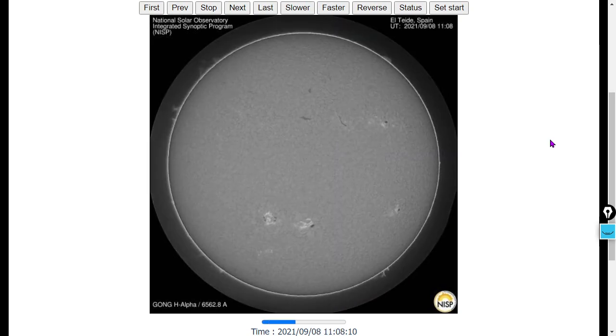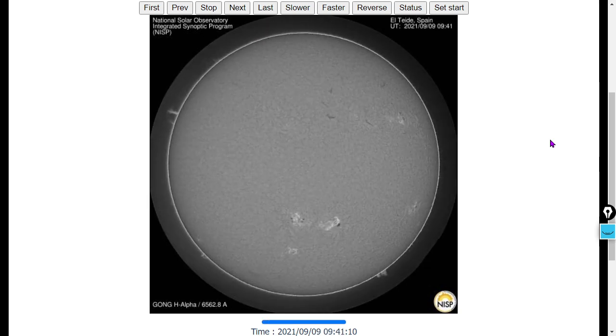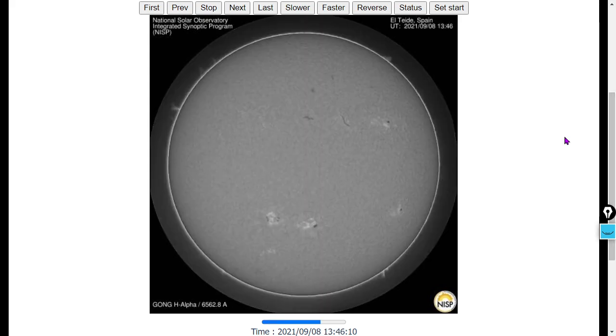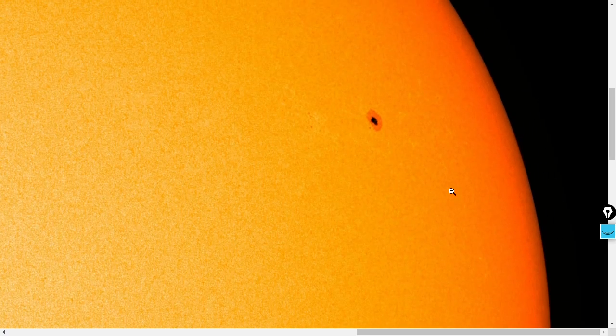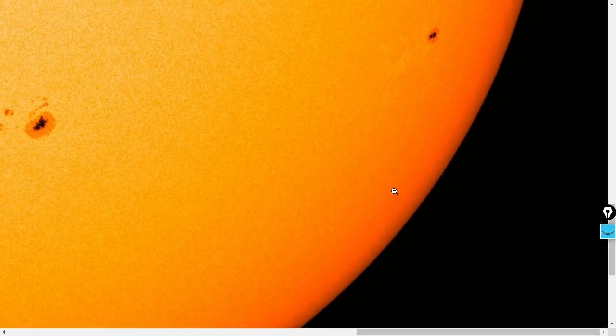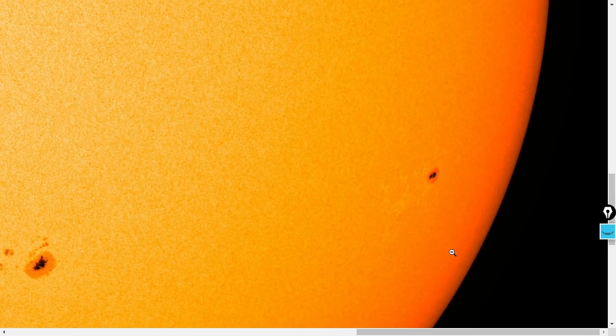Anyway, here's the latest data from El Teide, Spain. Again, 6 sunspot groups, coronal mass ejection warning in effect, solar flare warning also in effect. We're more likely to see large solar flares than not. So here's the latest refresh. Large sunspot up there. It's still beta class. We still do see some trailing opposite polarity umbrae. Here's this southwesterly one. That is now